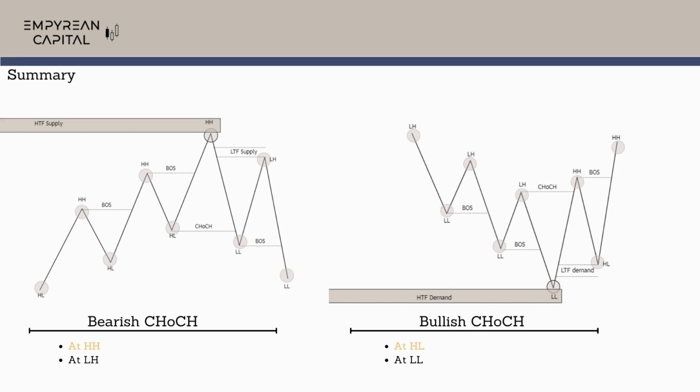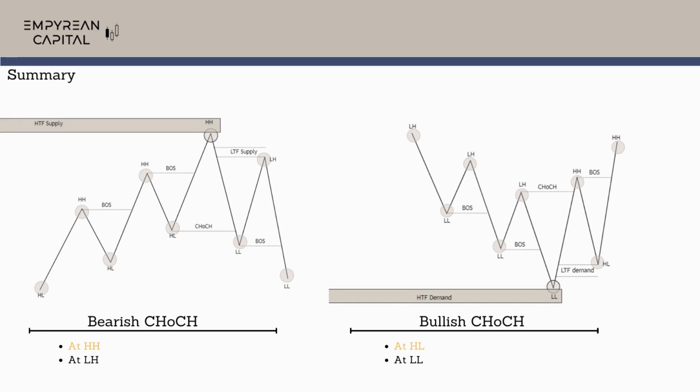And basically we wait for this bearish change of character to happen at the higher high in an uptrending market or at a lower high in a downtrending market. On the other hand, for the bullish change of character, we wait for the bullish change of character to form on the internal structures, which again is our 15-minute or our 10-minute structure. And what this will do is it will provide a signal to us that the market is ready to go